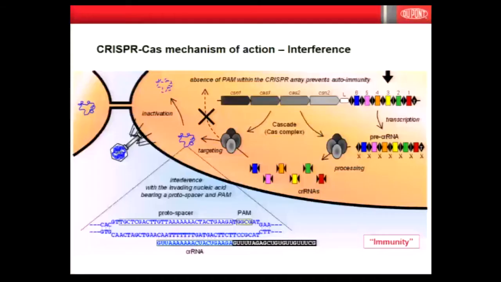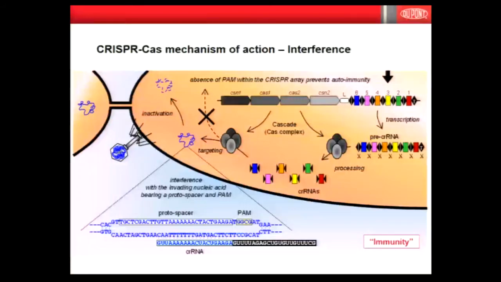And those small RNA molecules are loaded onto Cas proteins or Cas complexes